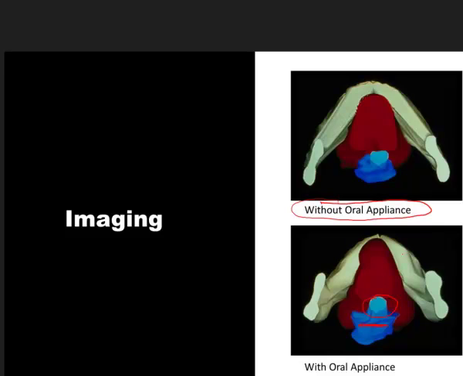So the amount of distance that a patient can move their lower jaw forward is also a non-predictor of the ability of the airway to change shape with a mandibular protrusion. Now, we do have to have a certain amount of protrusion available, and we'll talk about that when we get to the appliance section. But what we have here is a graphic description of what some of this protrusion does,